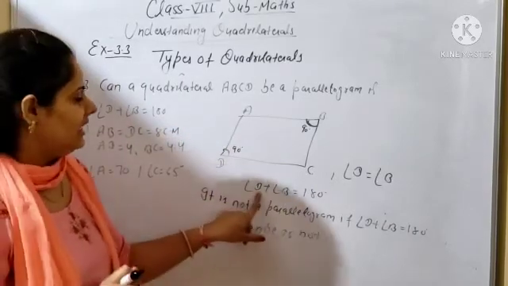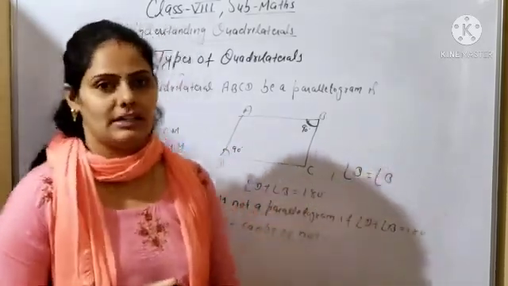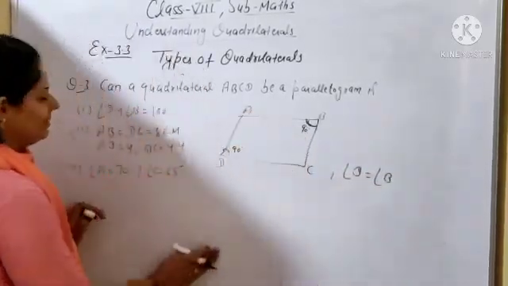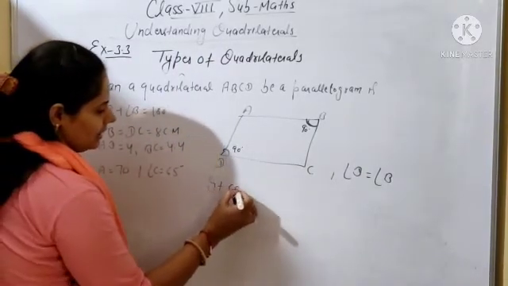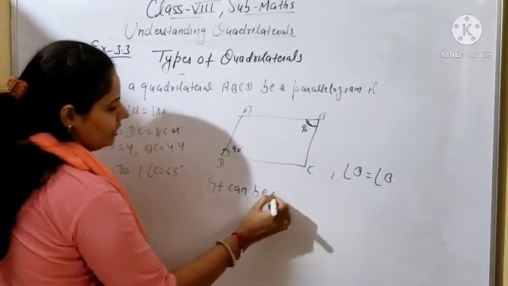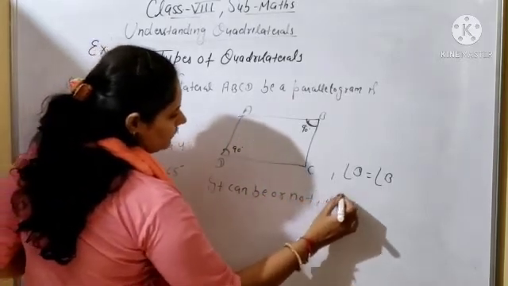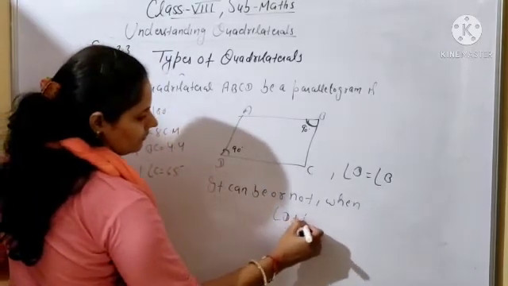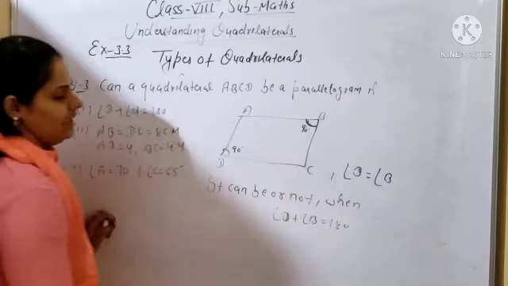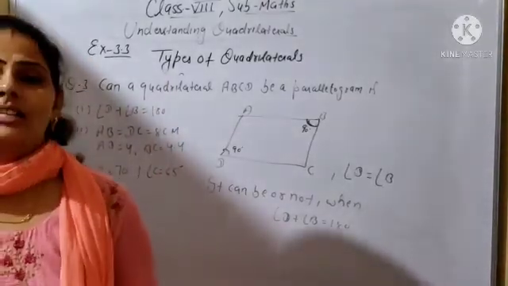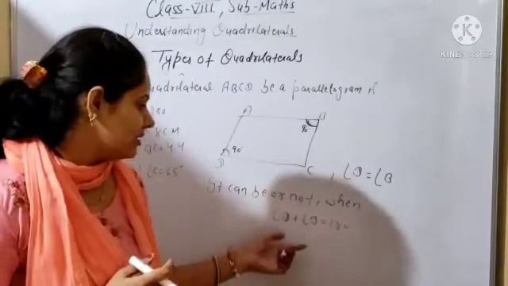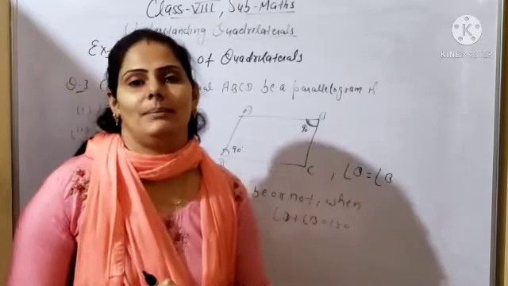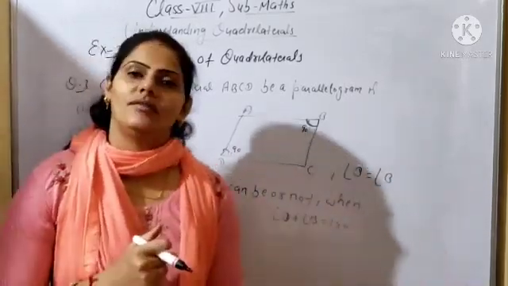Okay, because when it is given angle D plus B is equal to 180 degrees, so you will write only one line in question number 1, first part: it can be or not when angle D plus B is 180 degrees. When angle D plus B is 180 degrees, it means both the angles should be equal to 90 degrees. Only then can you say the sum of these two will be 180 degrees. And both being 90 is possible in which types of quadrilateral? Only in a square and a rectangle, beta.